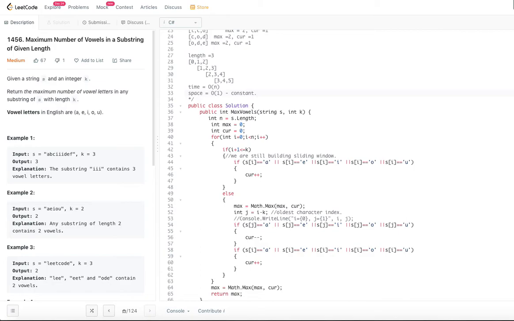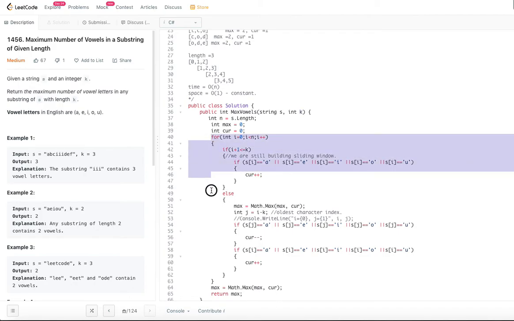Even though we are saying sliding window k, we are not allocating any extra space for k here. We are considering the sliding window k, but in reality we are not assigning any space for k.